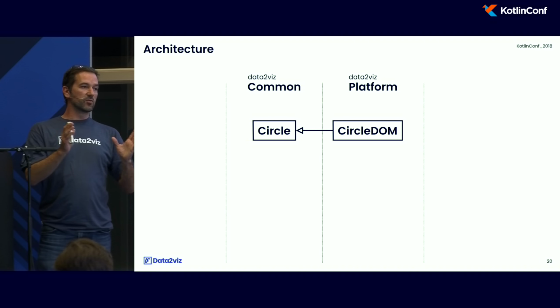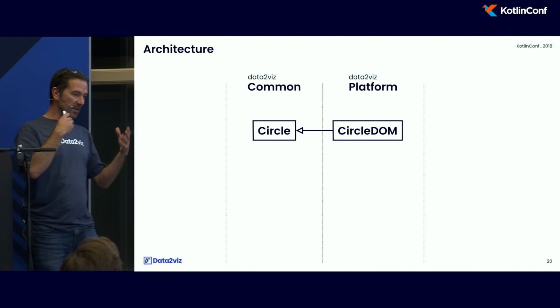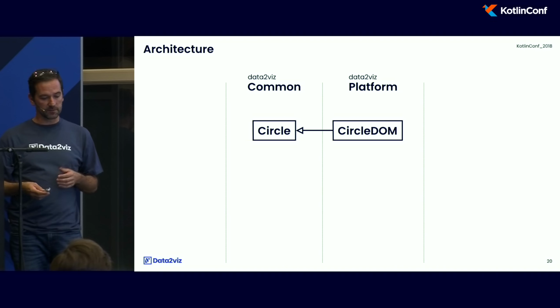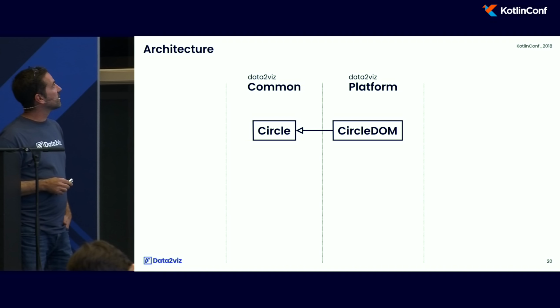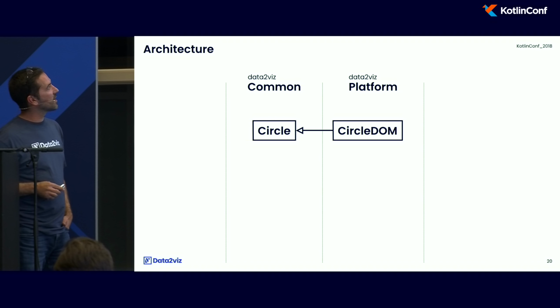So it's better to guide the developer and to give him all the APIs that will help him to be really productive. So what we did was to create this circle interface, for example, and this circle interface was in the common code,